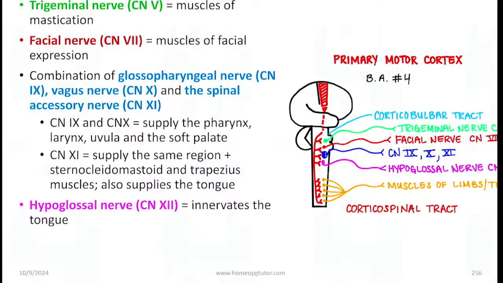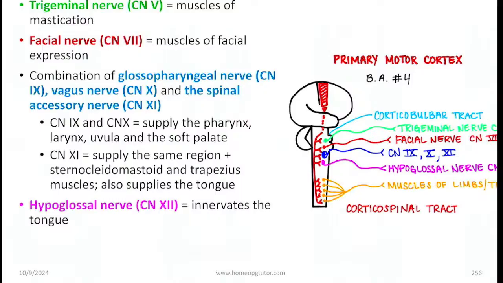The glossopharyngeal as well as the vagus nerve supply the pharynx, larynx, uvula, and the soft palate, whereas the spinal accessory nerve supplies the same region, plus the sternocleidomastoid muscle, the trapezius muscle, and also the tongue. Apart from that, we have the hypoglossal nerve, which innervates the tongue. So these are in relation to the